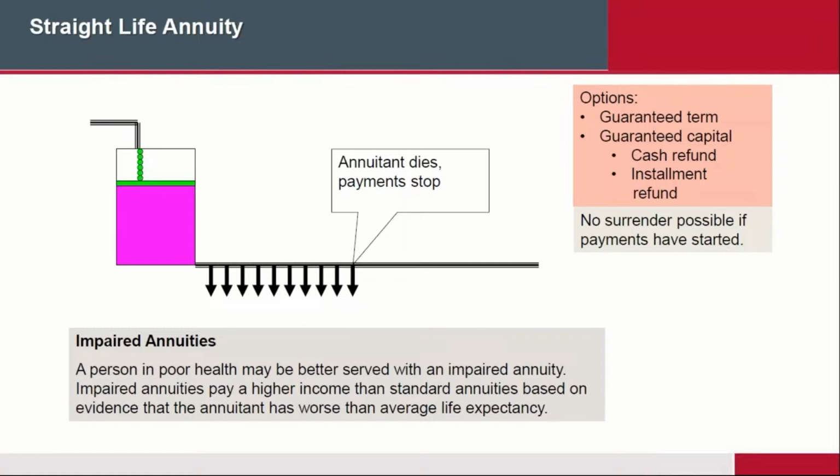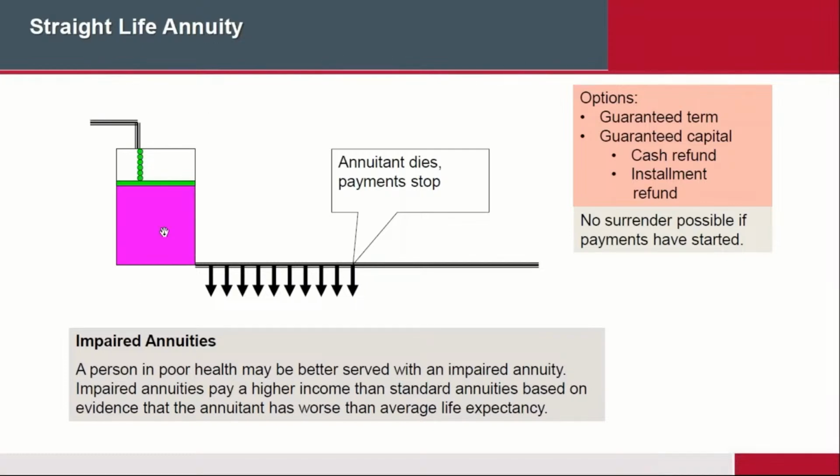Now here, you do have a number of options that you could have. So once again, you give us your money, deposit, and we start giving you an annuity for the rest of your life. However, because it is a straight life, in other words, there is no beneficiary in a straight life annuity, the moment you die, the payments stop. Simple as that, okay? So the payments stop. There is no commuted value. There is no cash value. There is no beneficiary, nothing.